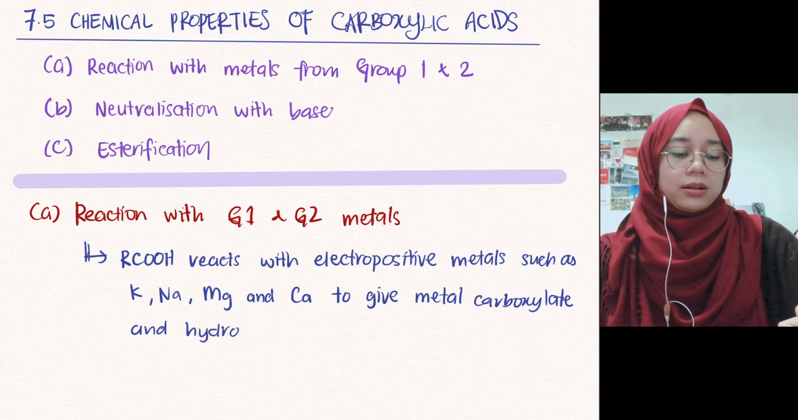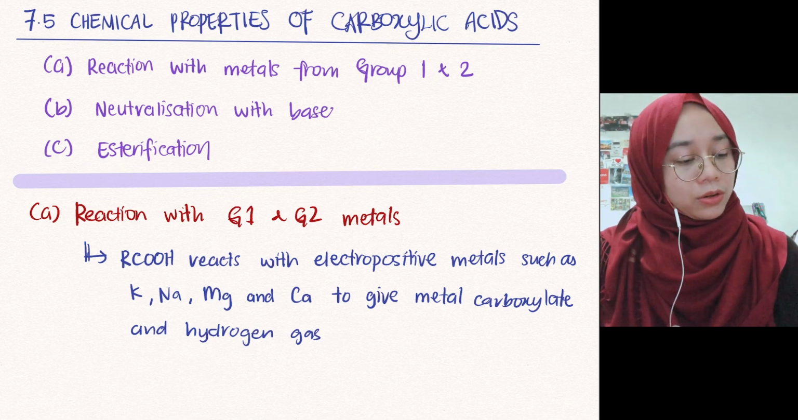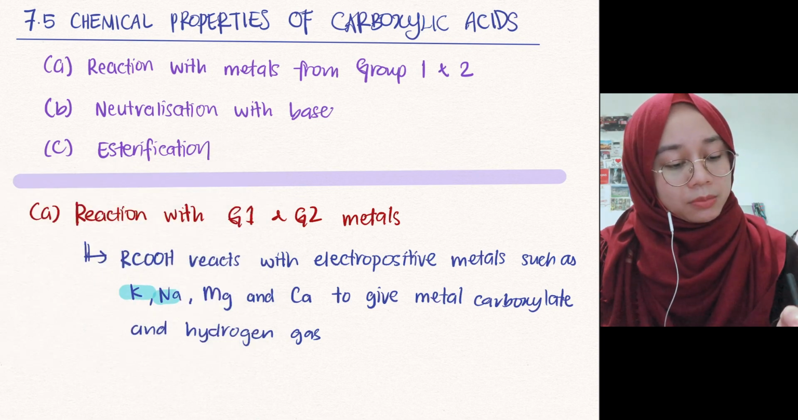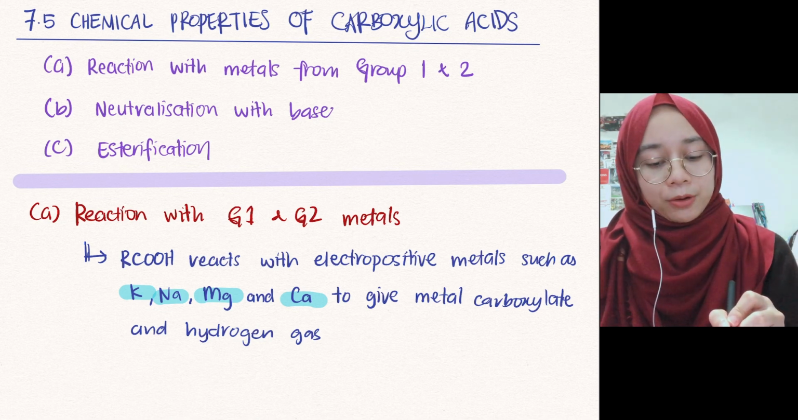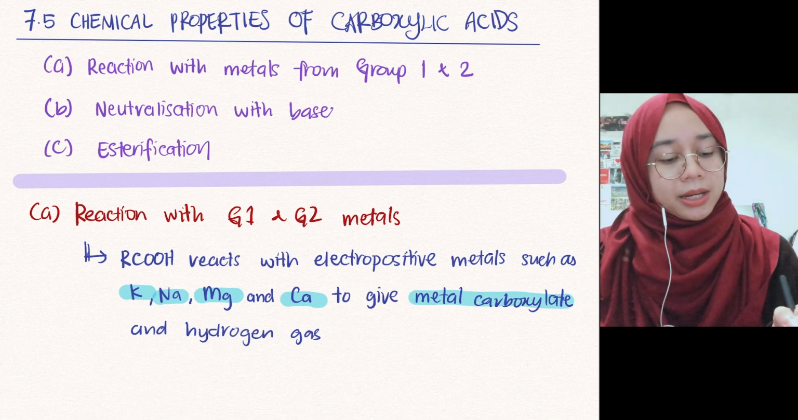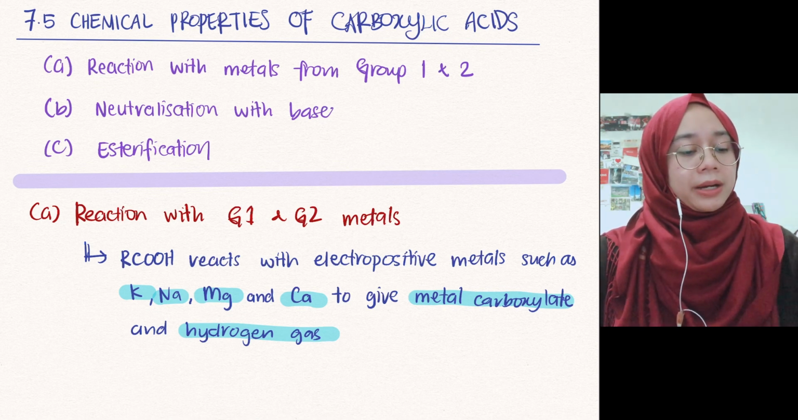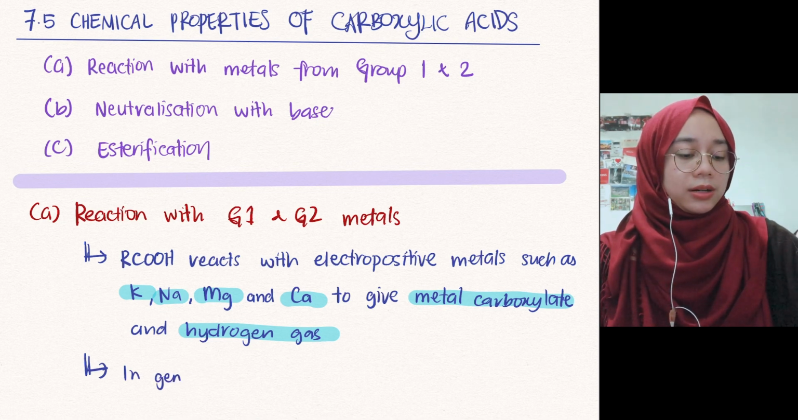Okay, so misalnya kamu dah boleh figure out ni apa yang keluar daripada carboxylic acid sebenarnya. Okay, so metals such as potassium, sodium, magnesium, calcium, and then kita akan dapat produk dia adalah metal carboxylate and also hydrogen gas. So itu produk dia. So kita terus tengok kepada secara general dari equation dia. So in general,